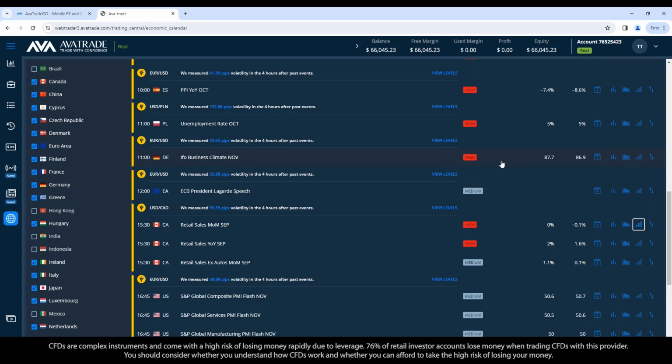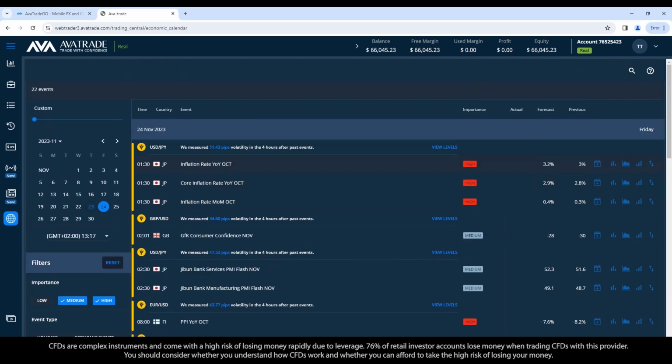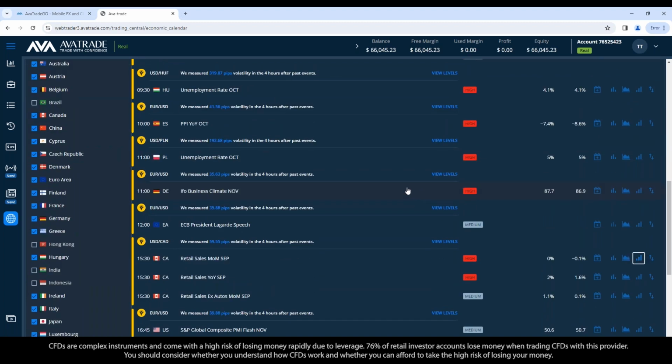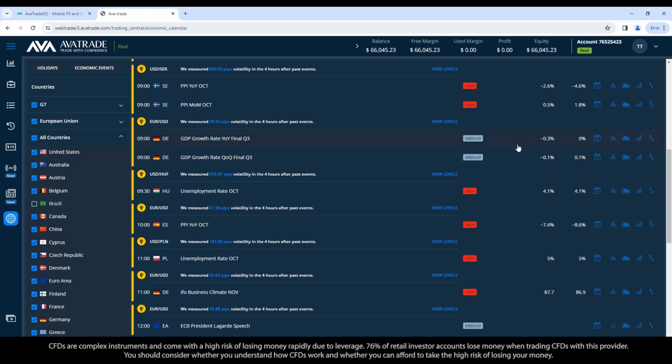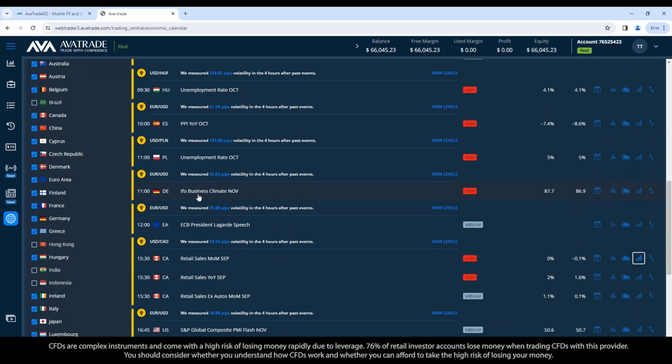And so if you're making a list, there are several announcements tomorrow that you might be interested in. That JPY announcement, which comes up before the others. Then we took a look at an announcement out of Germany, which there are a couple. There's growth rate, GDP growth rate. Didn't have as much movement as the Japanese yen announcement. So you may or may not decide to trade on that one. There's another large announcement out of Germany, the IFO business climate. You could have a look at that one.